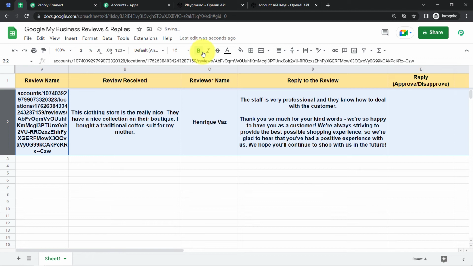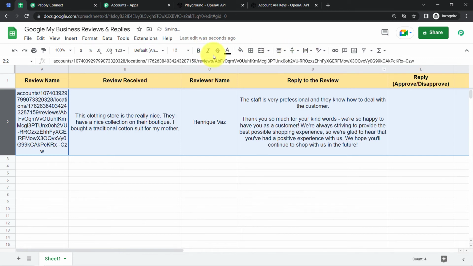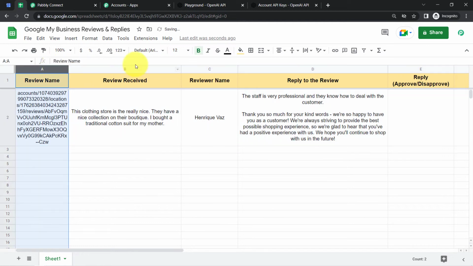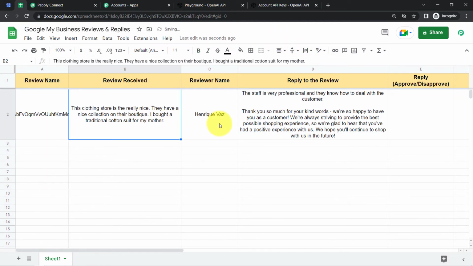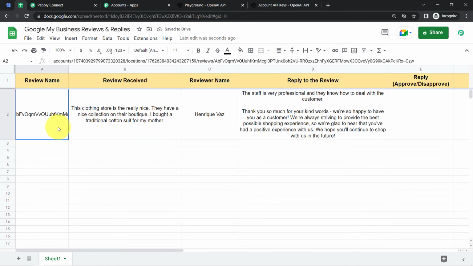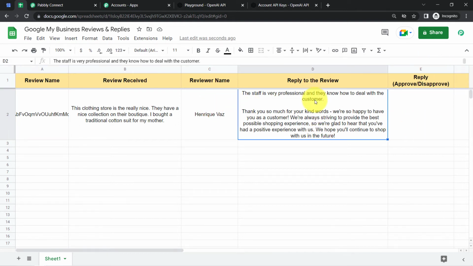Let me correct the formatting of this particular sheet. All right, and everything is looking nice. Let me correct the same. All right, and I hope you are able to read all the things very clearly. And this is how, now onwards, whenever you receive a review from Google My Business, firstly it is going to generate a random, unique reply for that particular review, and then it will be automatically collected